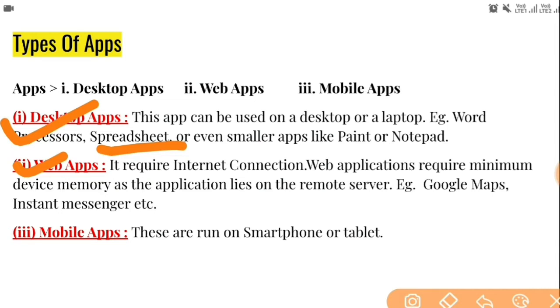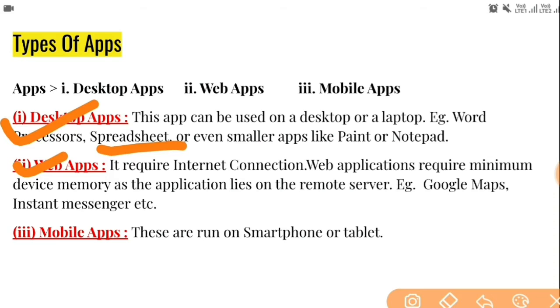Like Google Maps, instant messengers like WhatsApp, Pinterest, LinkedIn, Facebook, all these apps require an internet connection to run on your mobile phone or a computer. These apps are known as web apps.